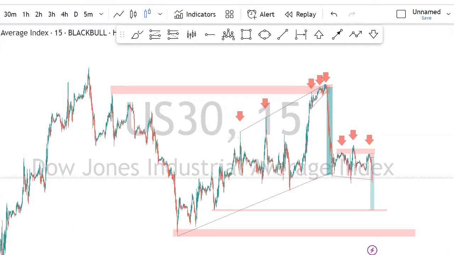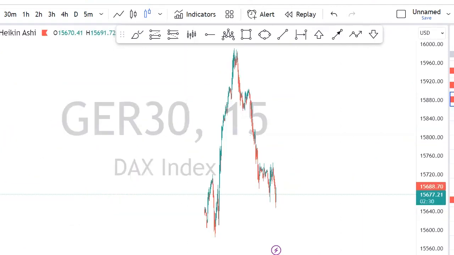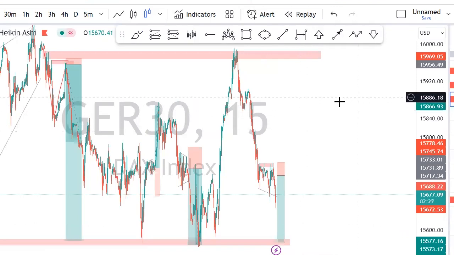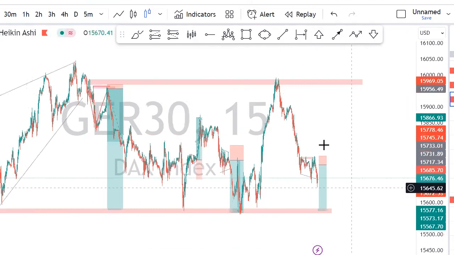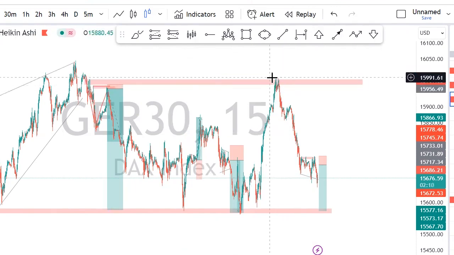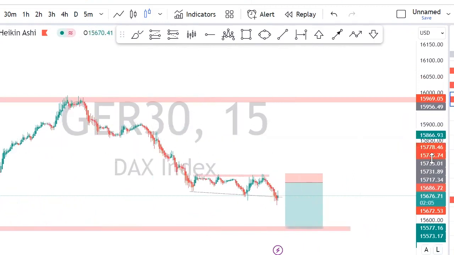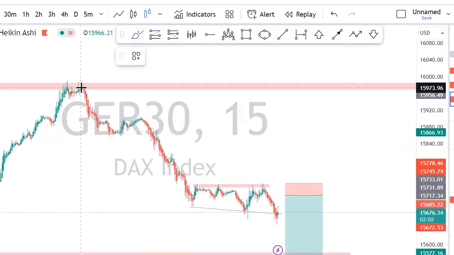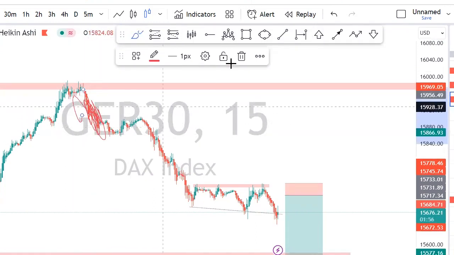Okay, let me just look at another setup, right? Let's look at German 30. Let me erase everything. Okay, let me not erase. Let me just explain well. You can see it's very similar. These are the past trades I took. From this point, we had a resistance, which the price got rejected, sold off, right there, giving us this nice impulse, right? This impulse right here,